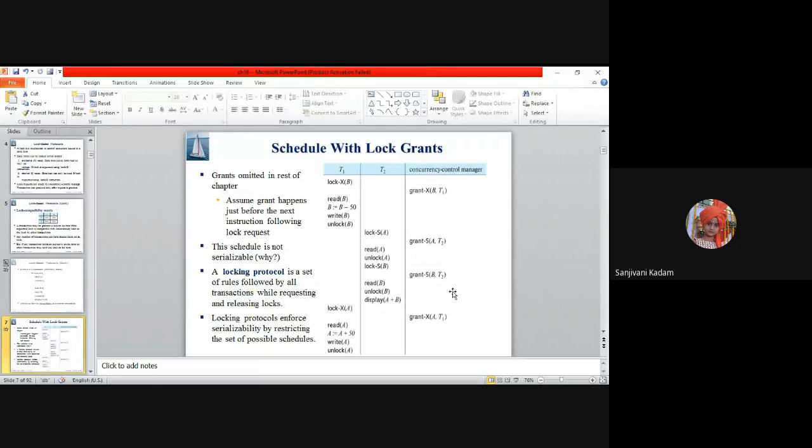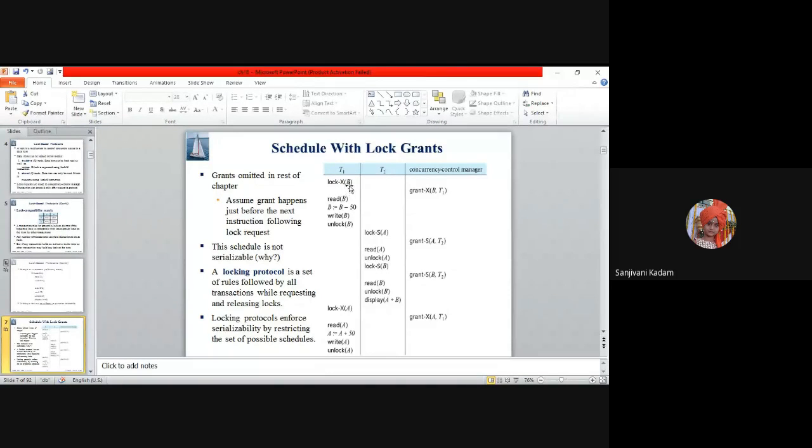First is lock X. Lock X means this is a request for an exclusive lock. This is the instruction used for requesting a lock on a data item. So when B is written, it means transaction T1 is requesting an exclusive lock on data item B.